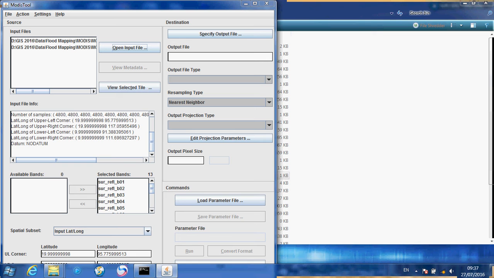Selected band and the available bands. The selected band means what we are going to extract. Then we need to extract band 1 to band 7 as I explained yesterday. And this quality control band, QC band, surface reflectance QC underscore 500 meter. You use this one to go down here.